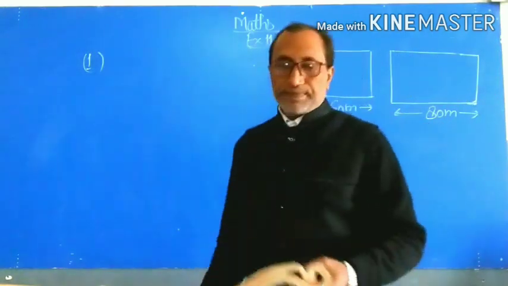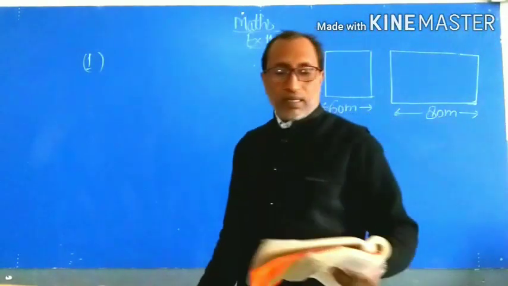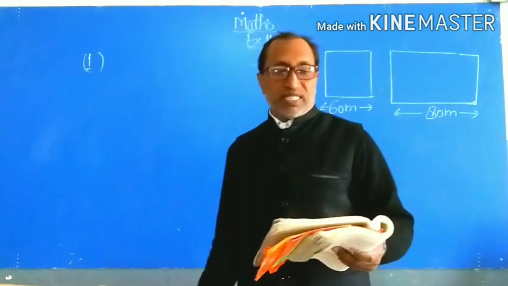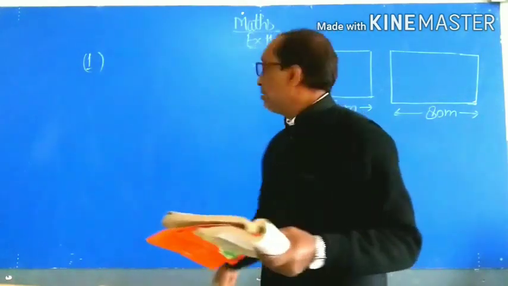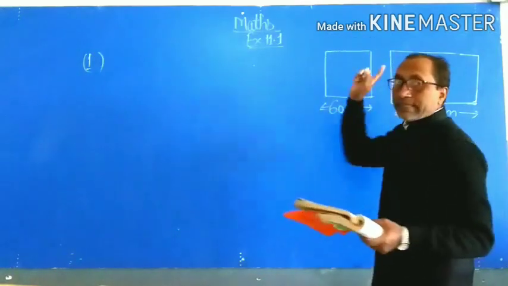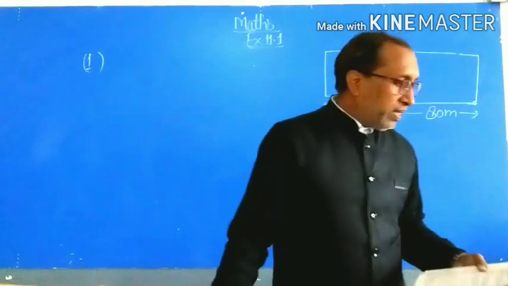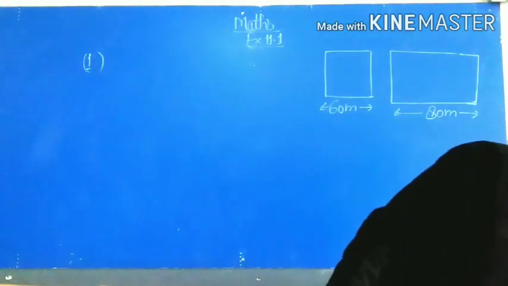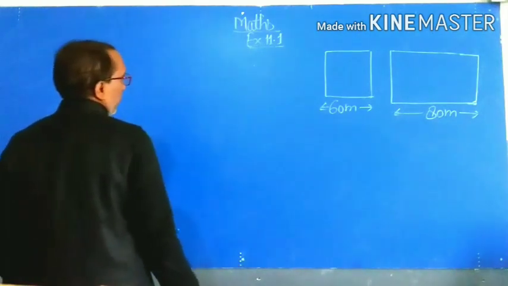This is the figure. Here a square and rectangular field with measurement as given in the figure have the same perimeter. Both figures have the same perimeter. And then you find which field has the larger area. For this purpose, first of all, I want to find